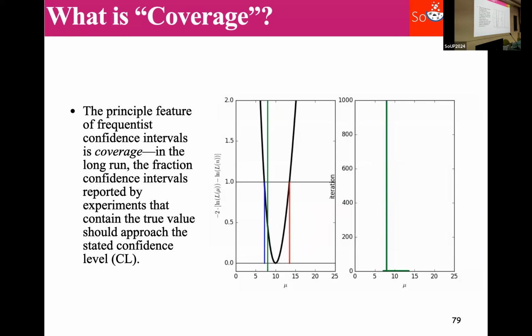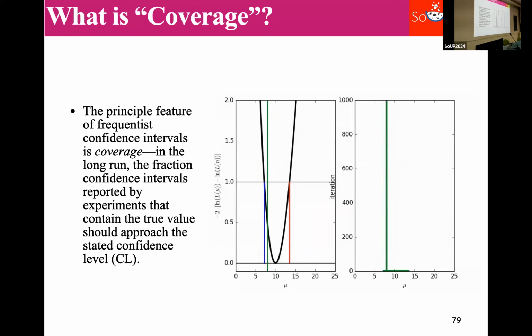But how do we make them, and what do we care about when we make these confidence intervals? So I said before that we care about them in terms of false rejection. However, in normal chatting about these upper limits, they're almost always formulated instead in terms of coverage, which is 1 minus false acceptance. That is, how many times do you contain your true parameter within the confidence interval you make?